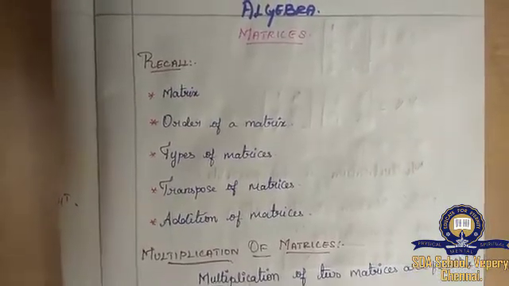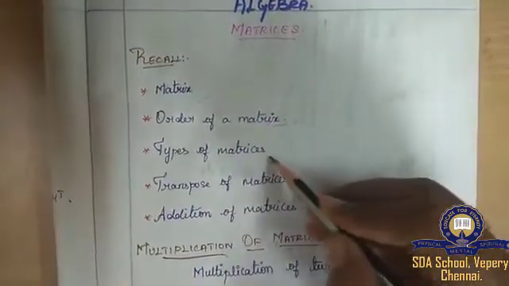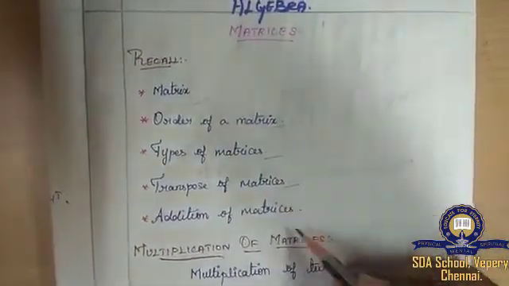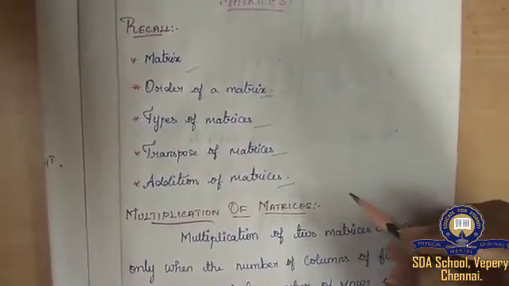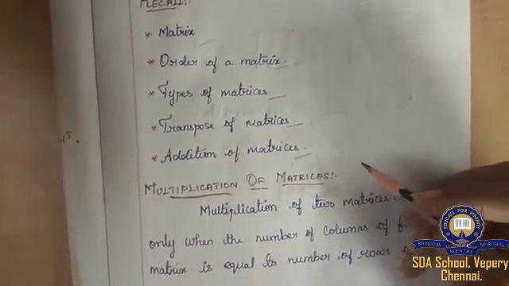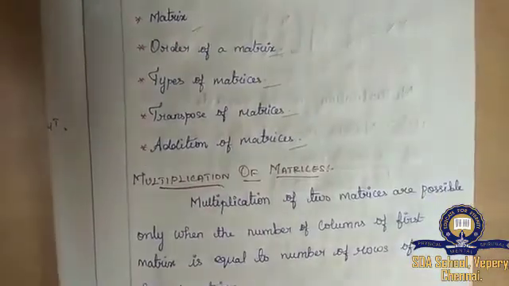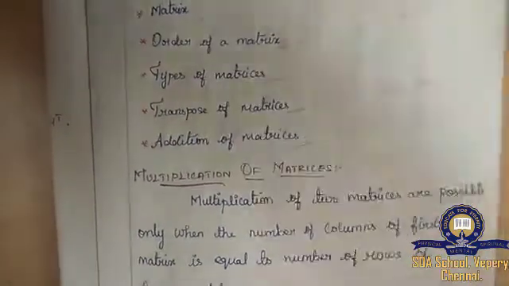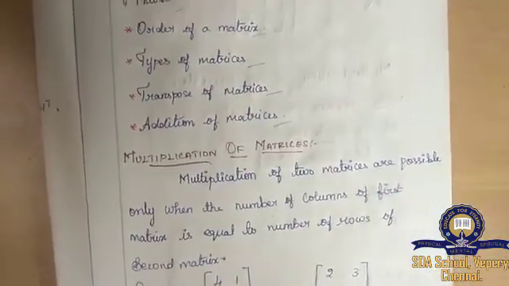In the last video we have seen the introduction to matrices, its order, its types, transpose and the addition of matrices. Hope you people remember. Let us have a quick recall. Children, what do you mean by a matrix? It is nothing but a rectangular arrangement of elements or numbers in rows and columns enclosed in a square bracket. Is it so? In the last video I gave you some examples. If you people have any doubts, please go through it, guys.